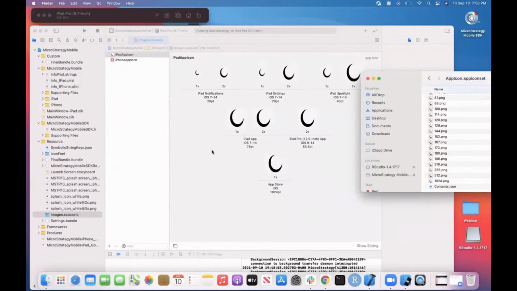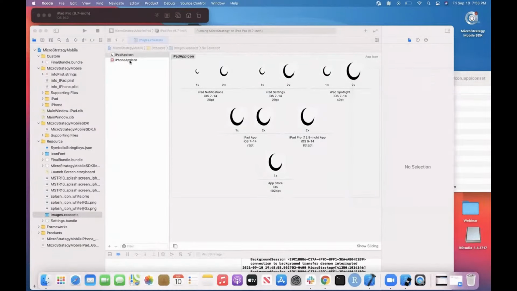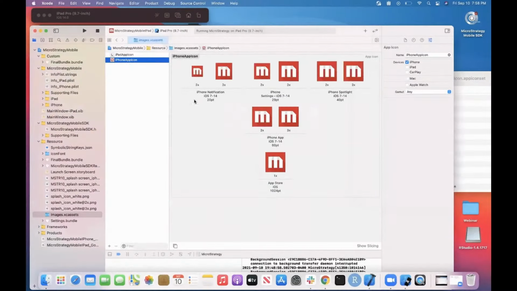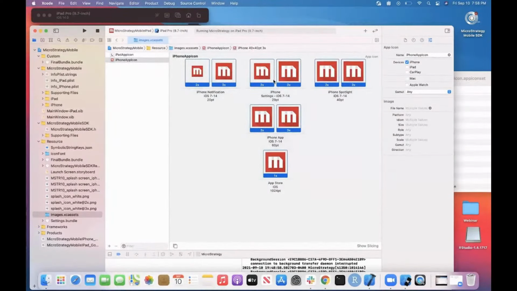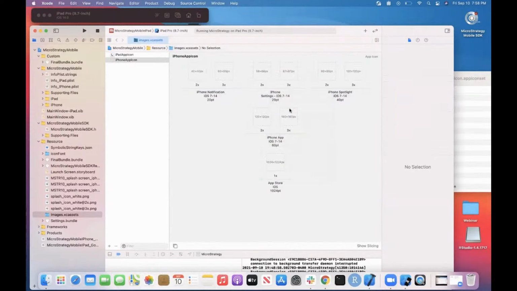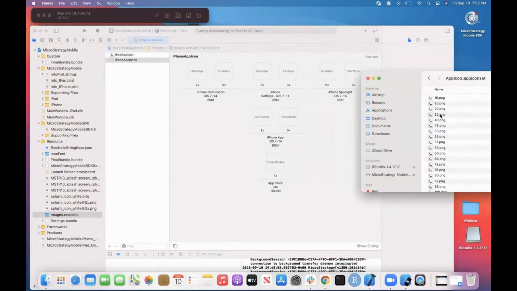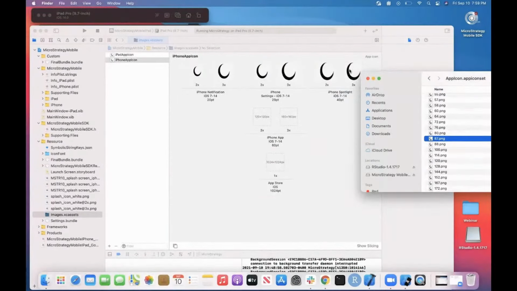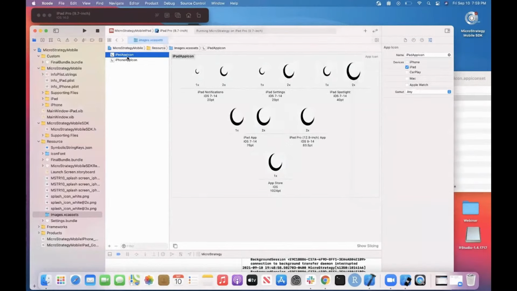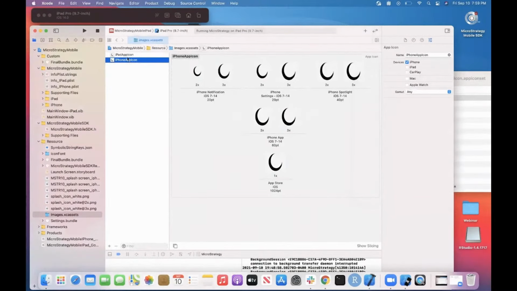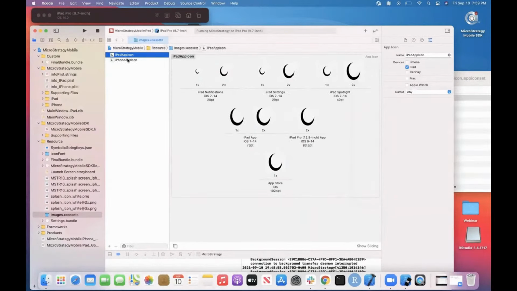And again, we'll be doing this on the iPhone app icon. Doing so, same thing: drag and right click and delete all the items. And then from here, do the same thing. And you just want to make sure that you double check that there are no errors and that everything is filled